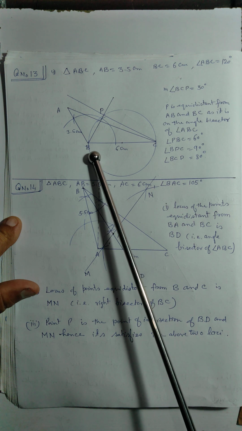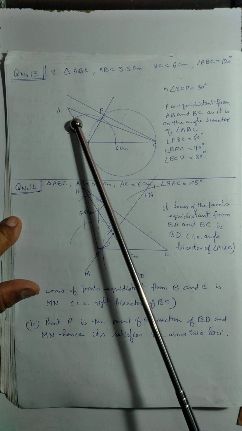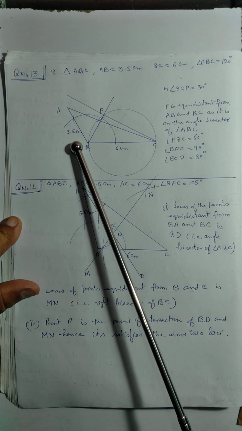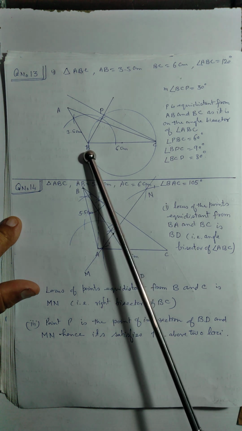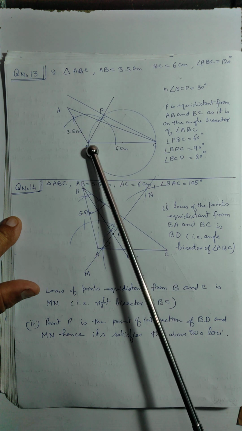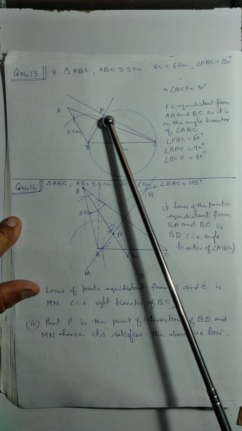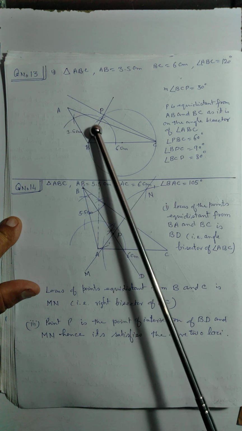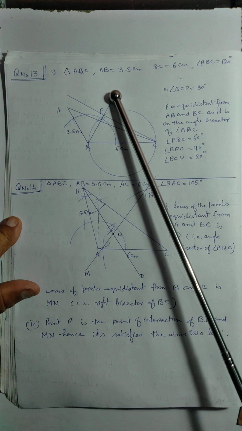So you see here the BC, that is 6 centimeter, and angle ABC is 120 degree, where AB is equal to 3.5 centimeter. So now if we just join it, it is 120 degree. It is very convenient to draw the 120 degree angle, because the first arc is at 60 degree, and the second arc is at 120 degree. So by joining this, we can easily draw the line.